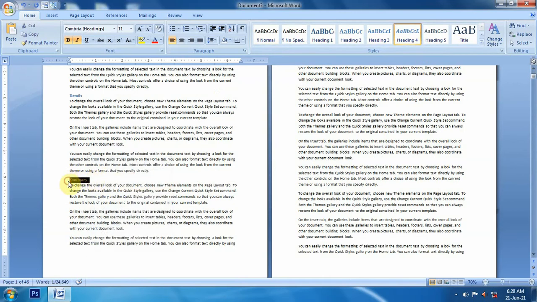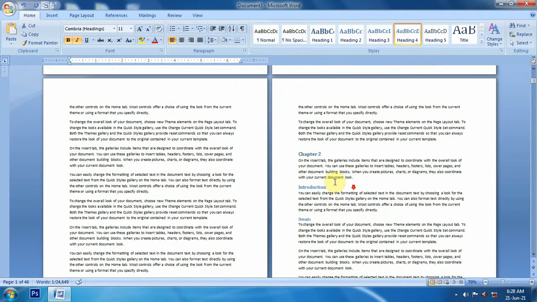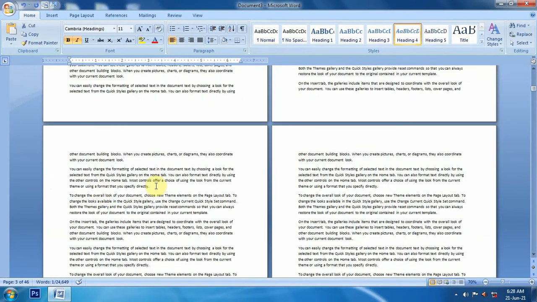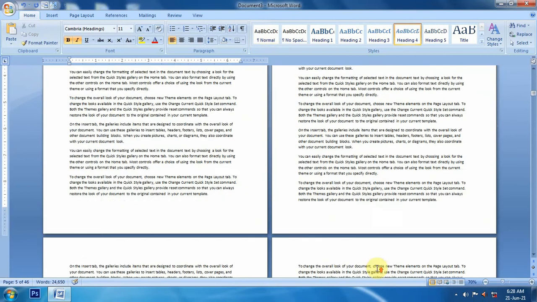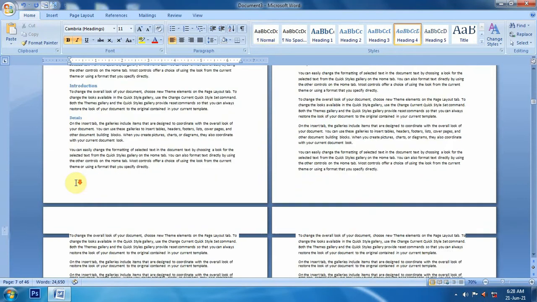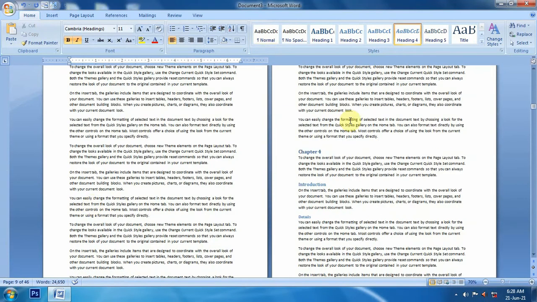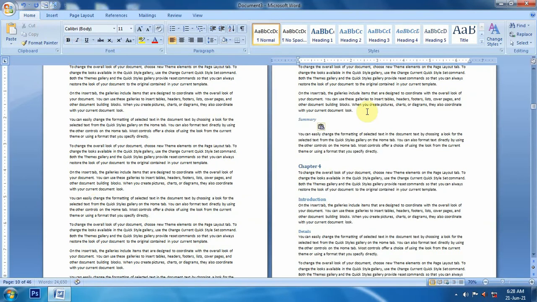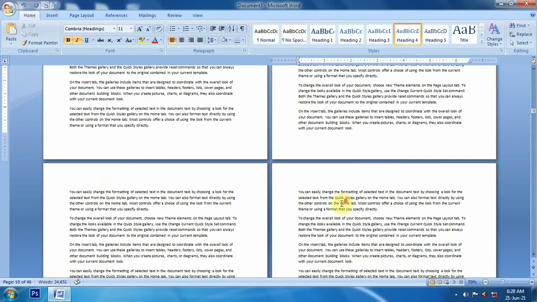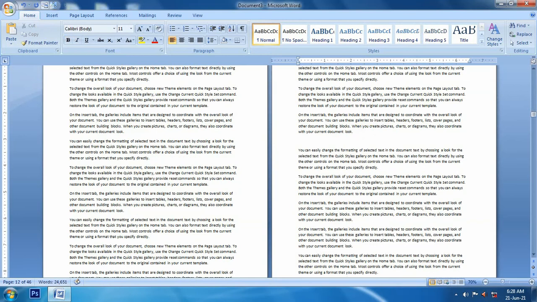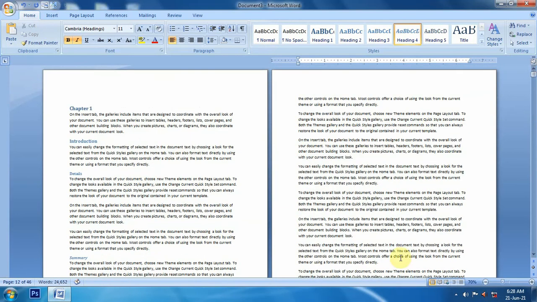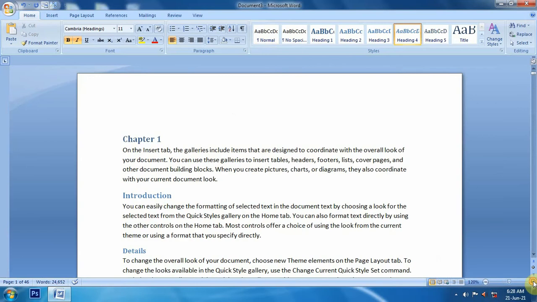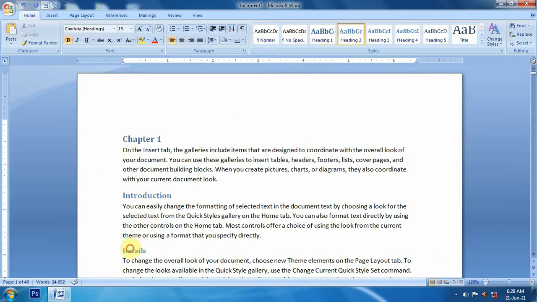I will copy this summary heading and will place it after every chapter. Like this. So in this document I placed multiple headings which indicate different sections of a chapter.